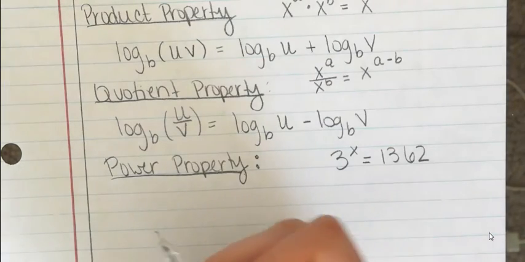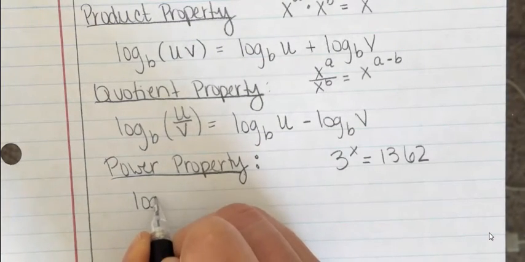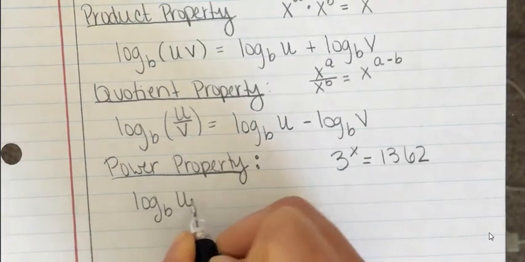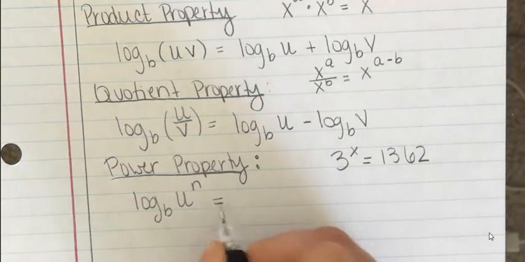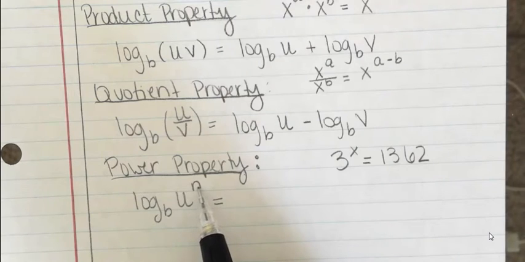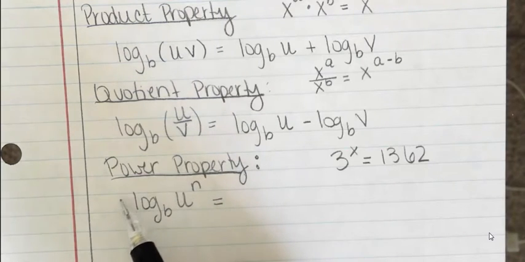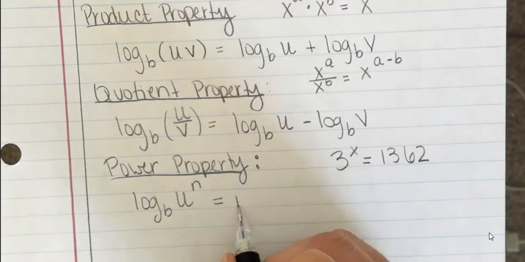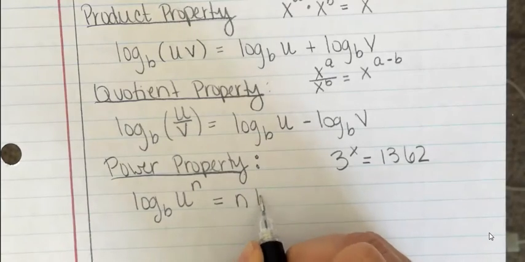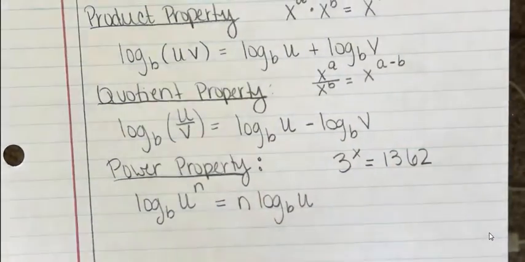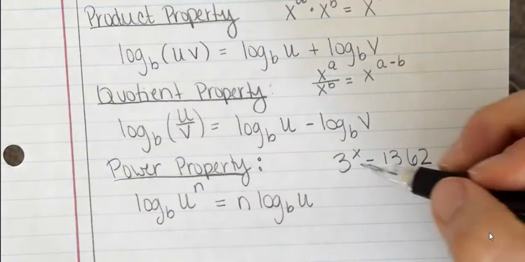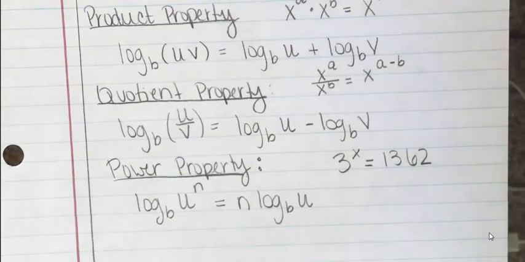So the power property says that if I have log base b of u raised to some power, let's say n, then what I can do is bring the power down. I can bring that power down and multiply it by the log. Well, that sure would work nicely here. So one thing that I can do is